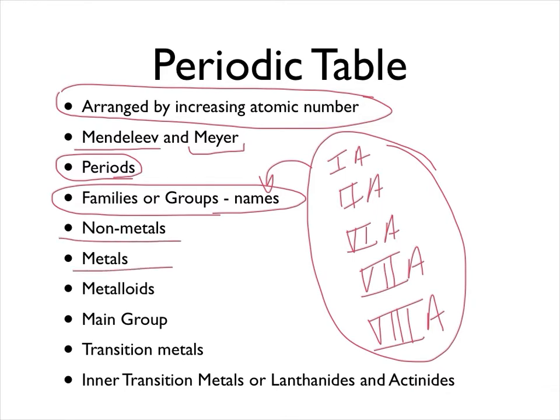There are nonmetals, there are metals, and there are metalloids, and we can break up into two basic components, the main group and the transition metals. Now, I didn't talk about it, but that bottom part are also known as the inner transition metals, or the lanthanides and the actinides. We're not going to spend too much time on those guys. They've got some really strange chemistry. We may talk about a few of them, but we're not going to spend a lot of time on the